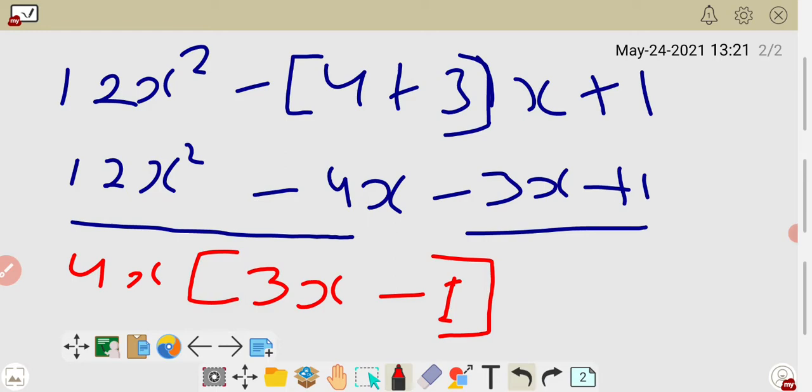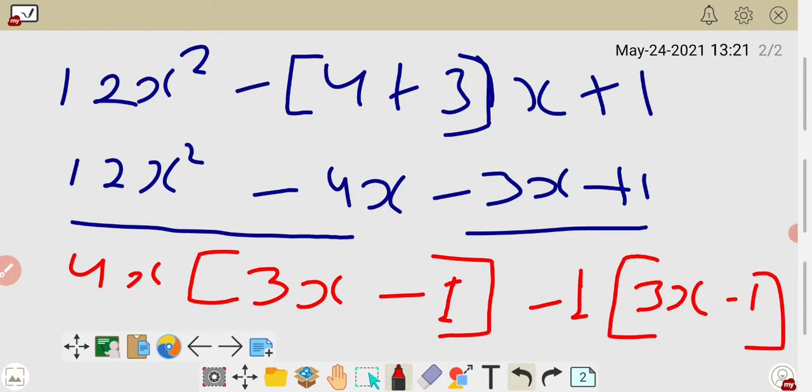And now you always have to make those two brackets the same. So 3x minus 1 you get here, again you got 3x minus 1, but here it is negative, so take minus 1 common. If you take minus 1 common, negative becomes positive and positive becomes negative. We take minus 1 here because we have to make those two brackets always the same. It becomes 3x minus 1. If you take plus 1 common, here becomes minus and last becomes plus, so they are not the same, so you take only minus 1 common, so that both brackets become the same.